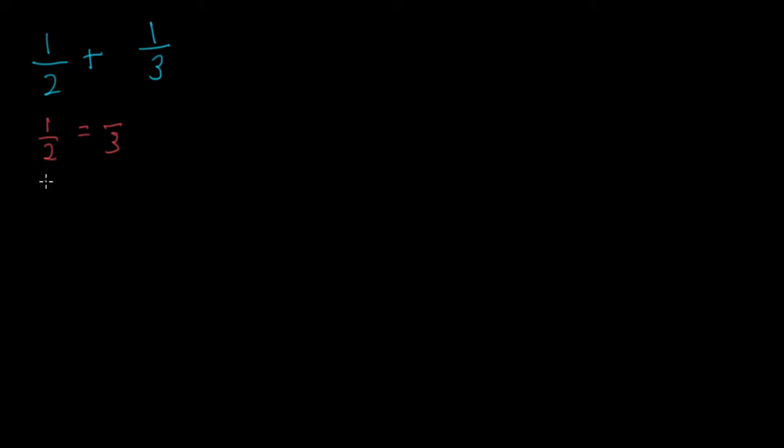Same thing, we can't really get from 1/3 to something out of 2 super easily. So this strategy doesn't actually work every time, as we see. What we have to do in this case is find what's called the least common denominator, or you may have heard in class this called the least common multiple. Multiples